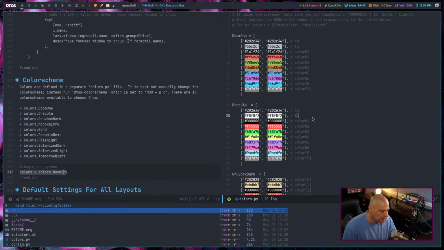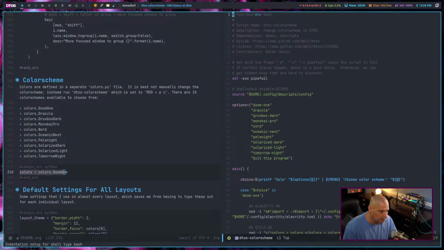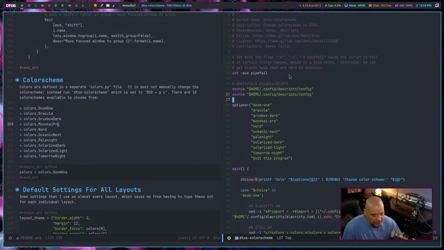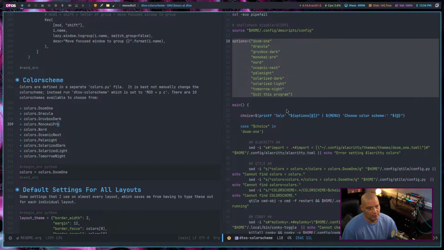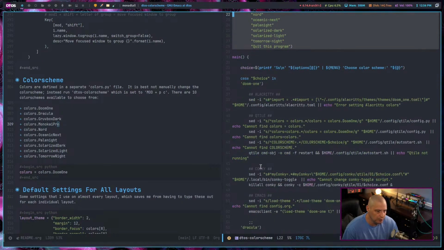So let's go back to the script that I was going to show you. It's .local/bin/dtos-colorscheme. And I create this array. It's a standard array. You need to have dmscripts, by the way, installed for this to work, because I do source the dmscripts config, and I do that for a reason. But at least on the standard version of DTOS, as it comes out of the box, dmscripts will be there anyway. But I have this array of our 10 color schemes,